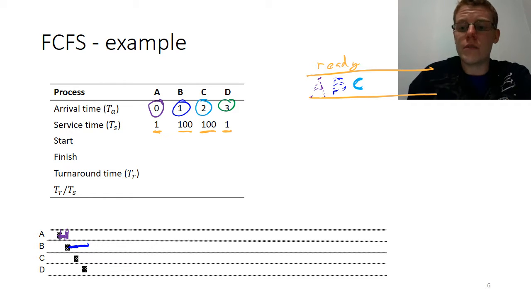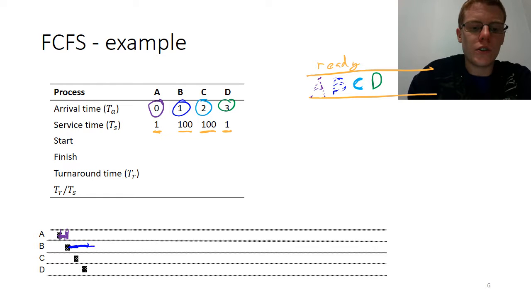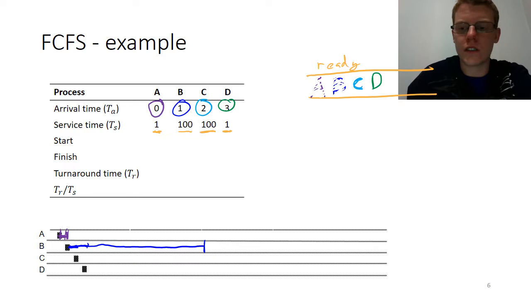At time step 3, process D enters the ready queue, but again, because we have a non-preemptive policy, process B will continue to process up until it gives itself up, which is 100 time units after this. So this will be 100 time steps after process B started, which is actually 101. At this point, process B finishes and leaves the system,